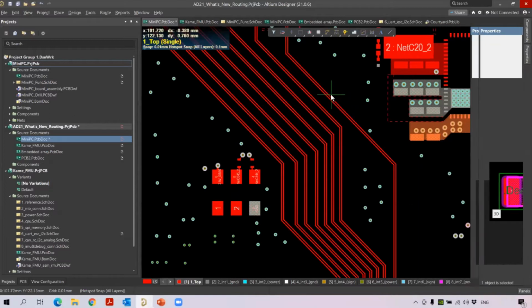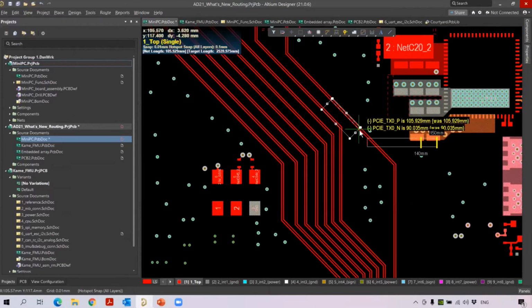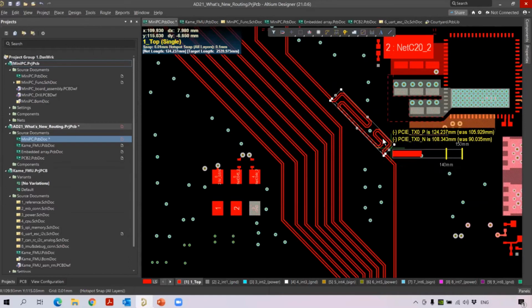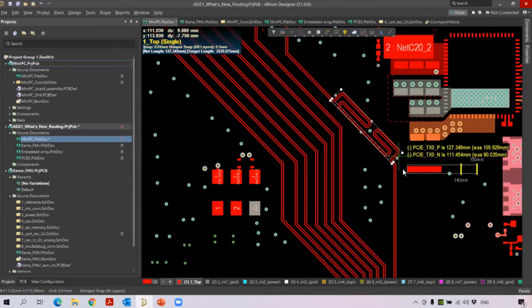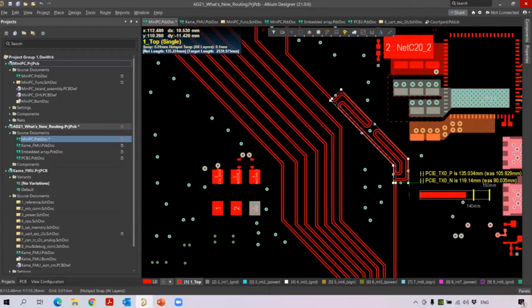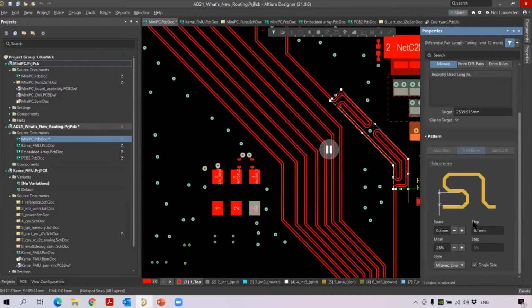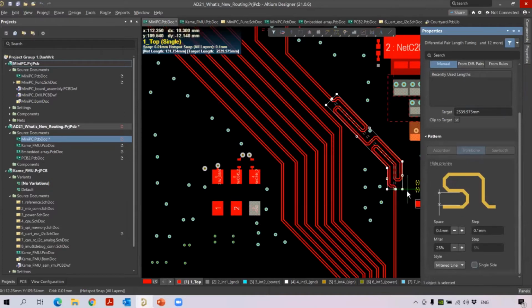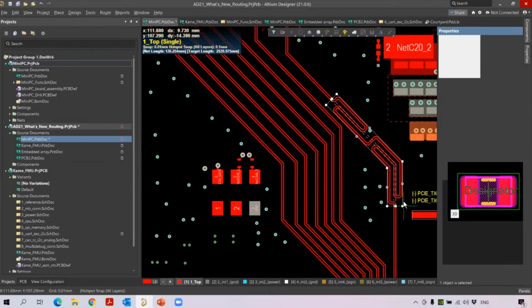Then just click here, and then you can start doing here. You see this is okay. Now you can see here it is following a single side. It is not going for both sides. You see when I move, it is following a single side. When I press the tab key, you can see below the single side is selected. So I uncheck here and then do here. Now you see it will be on both the sides.